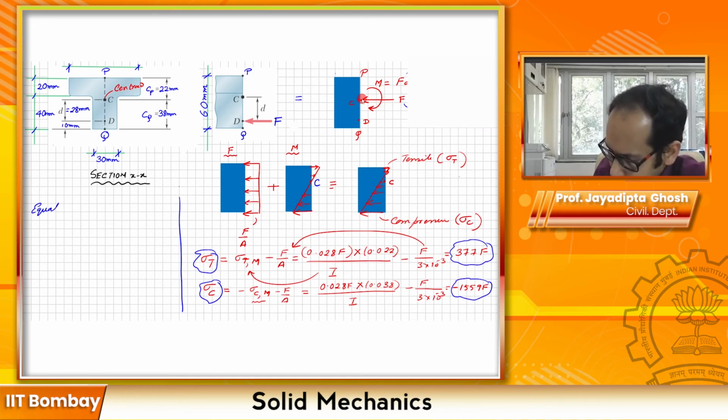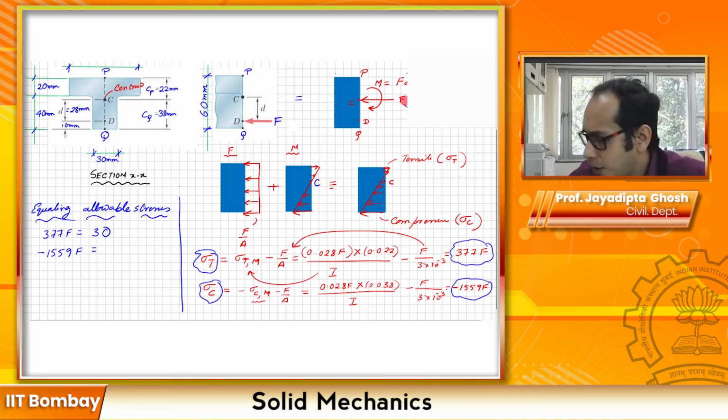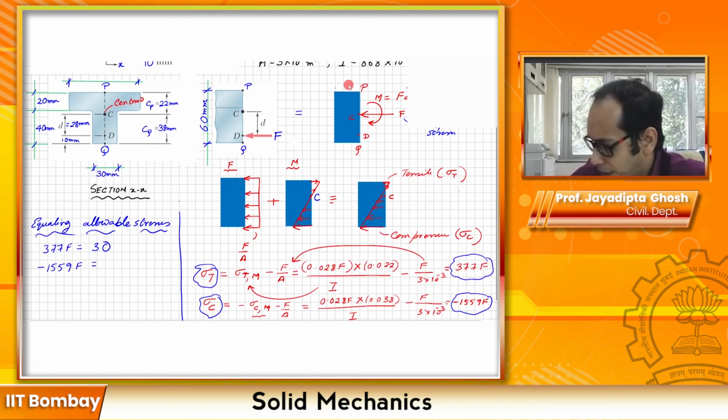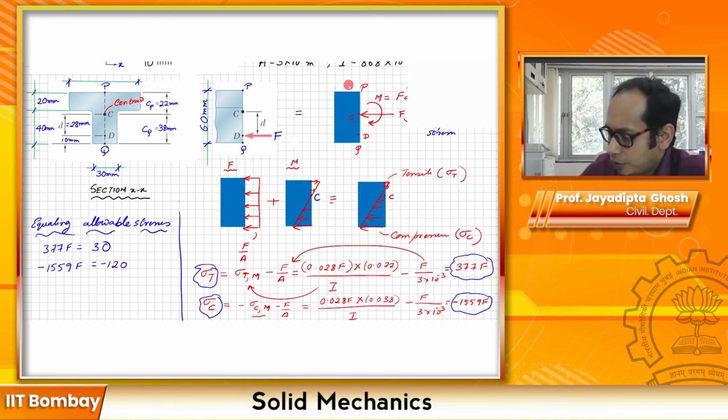Equating allowable stresses, what you essentially get is 377 F is equal to 30, and the next one, minus 1559 F is for the compression, right? So that is 120, so it's minus 120 because it's compressive over here, right? If you do both of these things, what you will essentially get is that the first one,